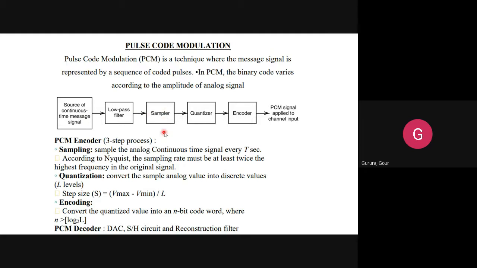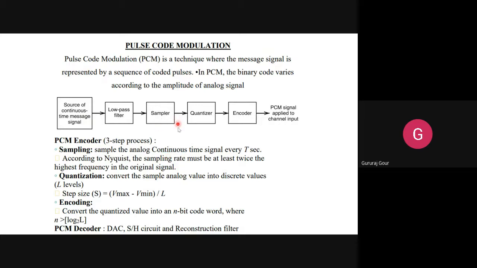Then comes the sampler. Sampling cuts your continuous time domain signal into discrete samples, where the width of each sample is predefined and follows the Nyquist criteria.